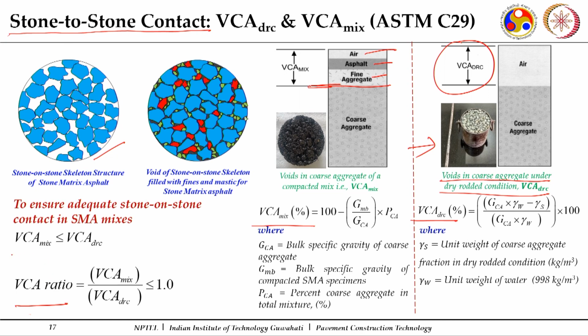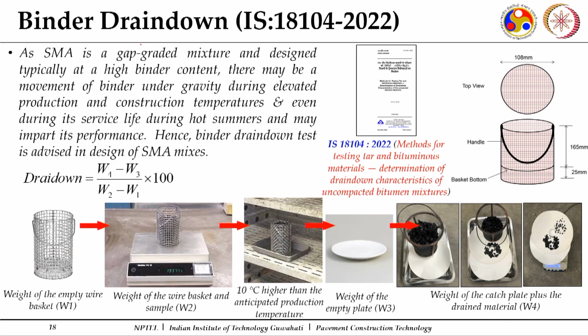It says that voids in coarse aggregate of your mix should be less than the voids in your dry rodded condition. So this helps us to ensure a good stone to stone contact in SMA mixes. And this is the simple representation of your binder drain down test, where you prepare a mix,